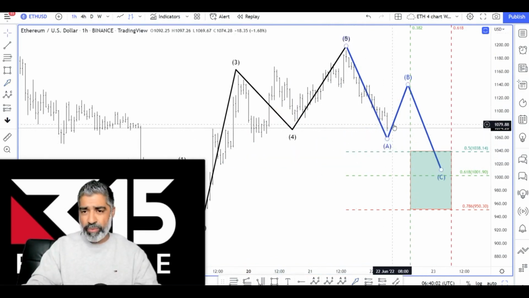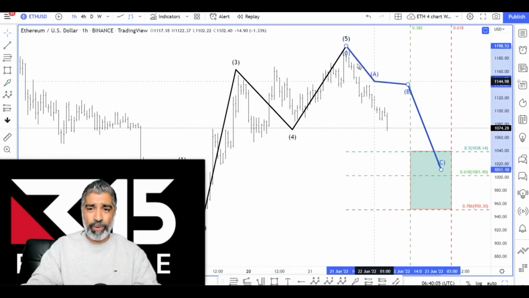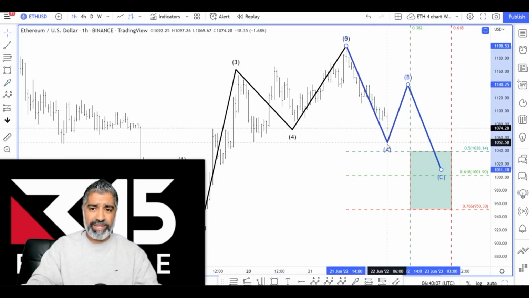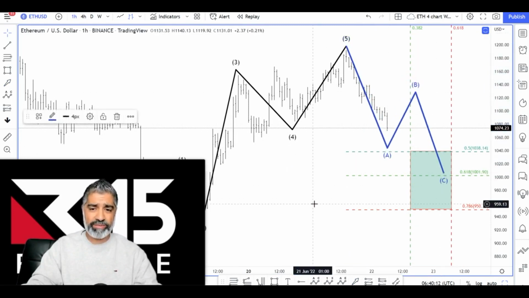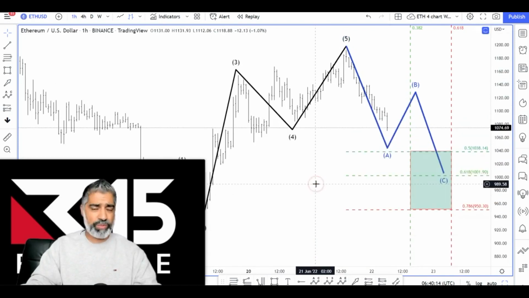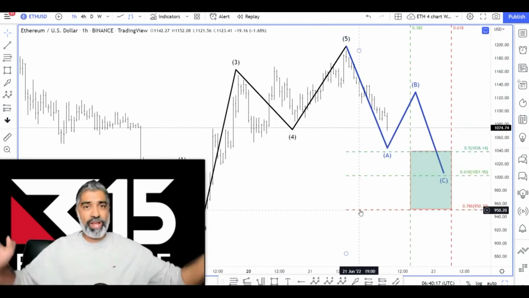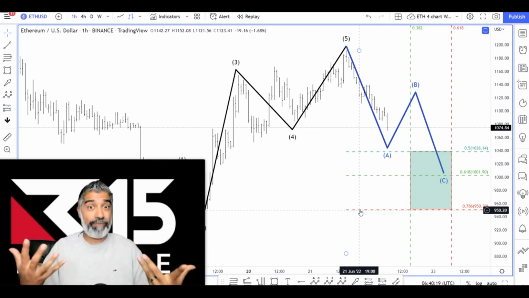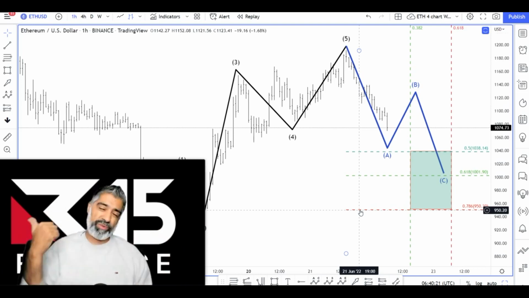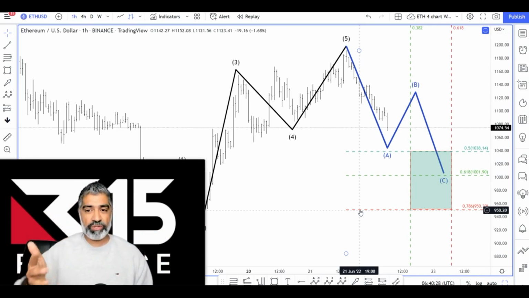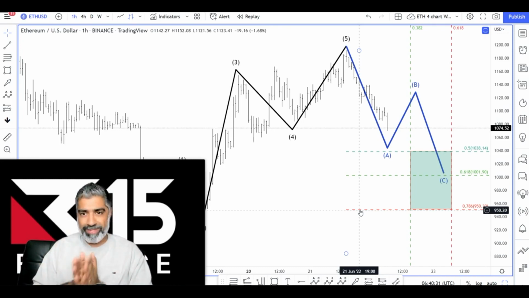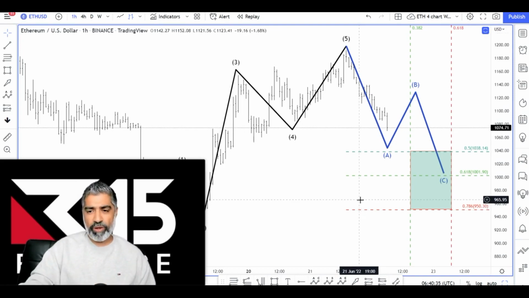So what does this look like? This whole movement here to the downside looks like the original move to the downside. We'll probably get a correction to the correction and then a third move to the downside, and the momentum will support that as well. So there you go. That's Ethereum. We did some high-level stuff today. It was pattern, which we really covered yesterday, but we did some today as well. Price went into 3 degrees to 4 degrees of price ratios. We did a bit of time. So now this is a stand aside. Let's wait until an ABC correction forms, and then we'll relook at this as well.